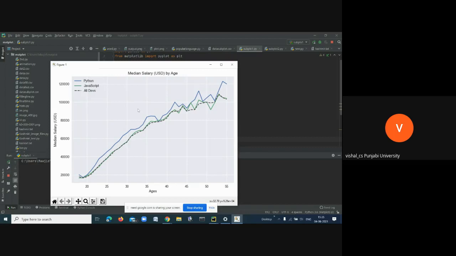I will show you that. This is the theory I am telling you. If anyone asks what a figure is, you can simply say it is a container for the plot, and a figure can contain more than one axis plot.